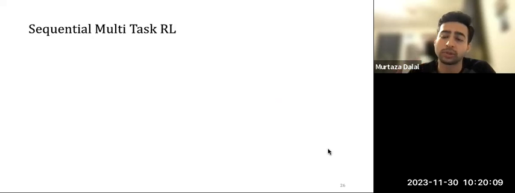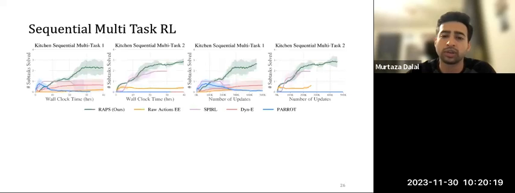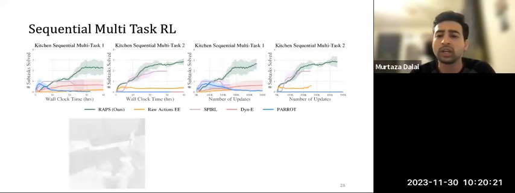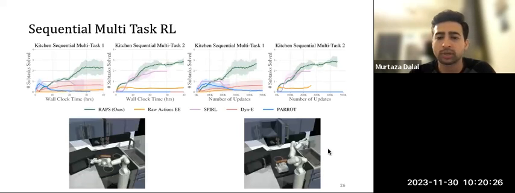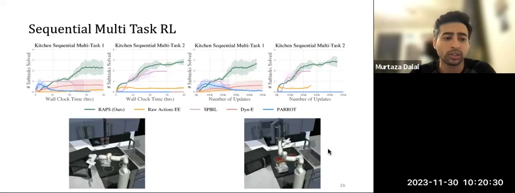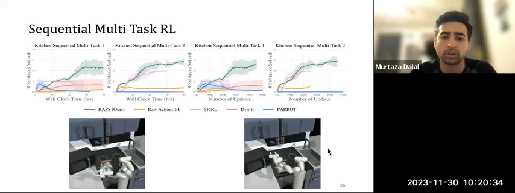Now we get to the setting that we really cared about from the very beginning, which was multi-step or long horizon manipulation. In this regime, we find that we can effectively chain primitives together to solve these tasks, solving three or more subtasks by the end of training. These are all in the kitchen environment, where it needs to open the microwave door, push open the slide cabinet, and flick the burner.